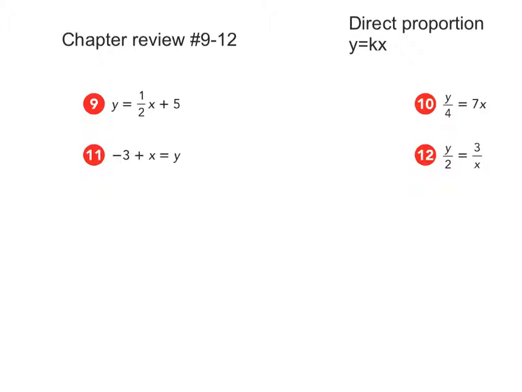So how does that y equals kx equation fit in with these other equations that we see here in 9, 10, 11, and 12? What that means is you're trying to find what does y equal in terms of x. Okay? So if I look at number 9, 9 has a y equals equation, 1/2 x plus 5. This plus 5 makes this not a directly proportional relationship because you just don't have y is equal to k times x. If you look at number 10,